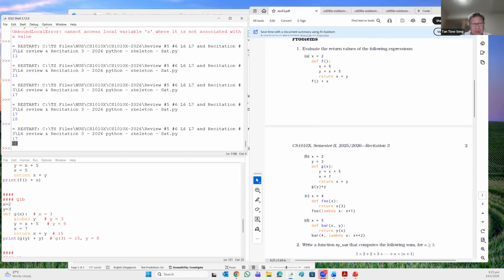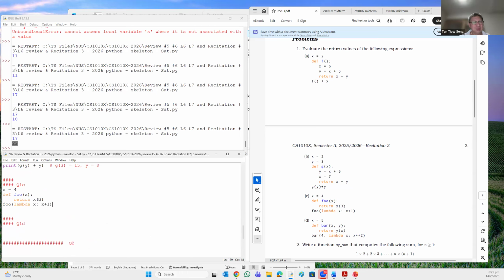All right, so next 1C, which is this. This should be easy because blocking is already so much difficult, but this should be easy. Let's try